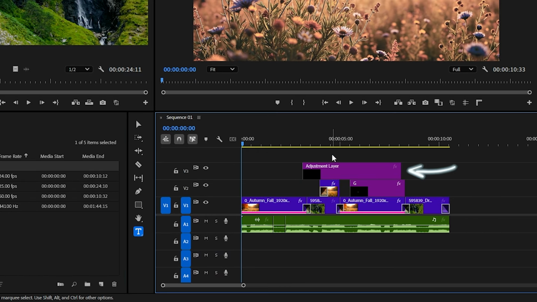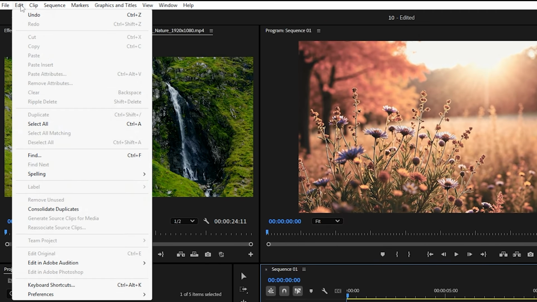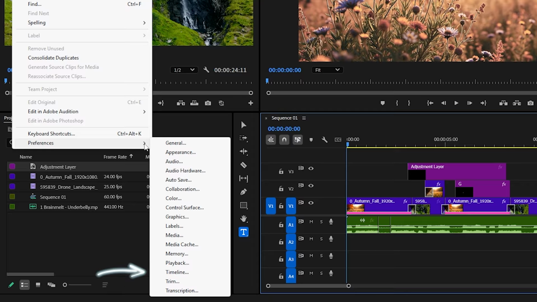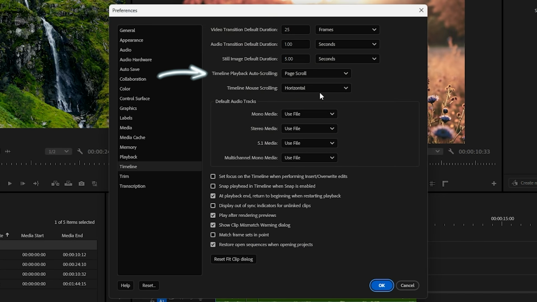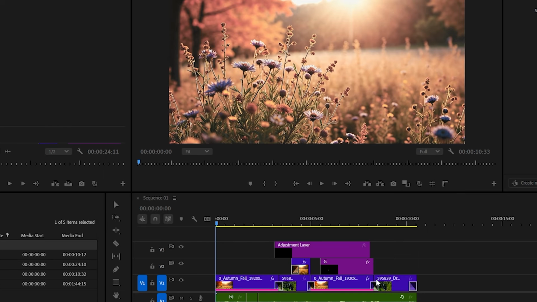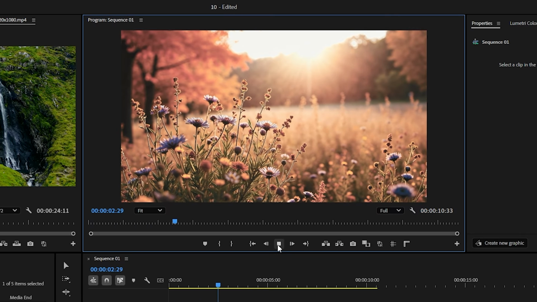easier to manage. You can also enable continuous playback by going to the edit window, hover over to Preferences and choose Timeline, then a window will open. Simply change the timeline playback auto-scrolling to smooth scroll so you can hear audio smoothly while scrubbing, which makes fine adjustments much easier. These small changes may seem minor, but together they create a much faster and more controlled editing